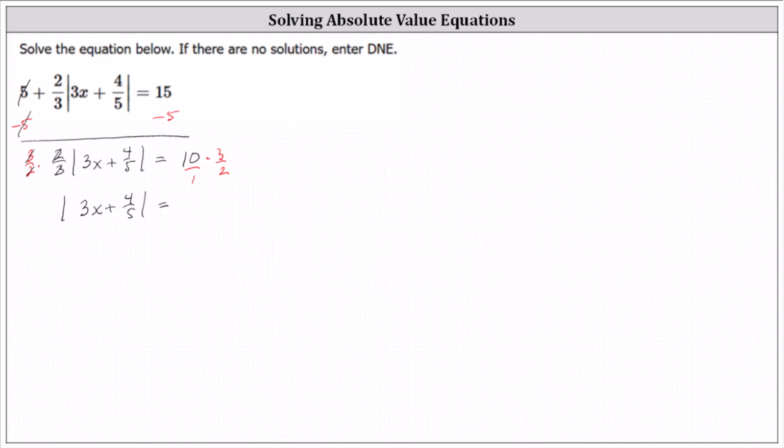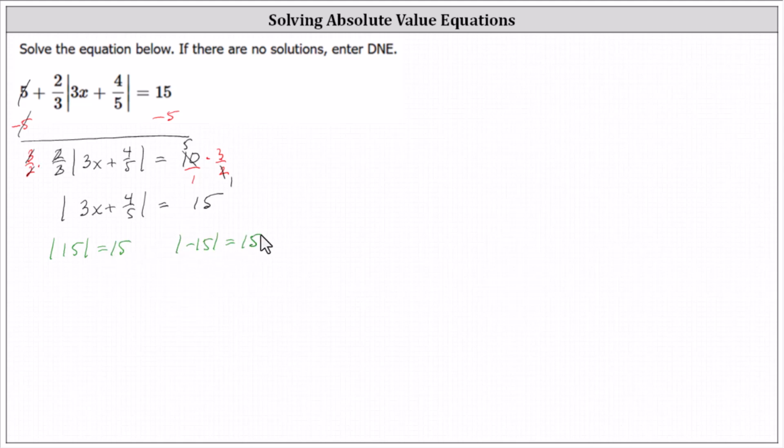equals on the right. Let's simplify before multiplying. There's 1, 2, and 2, and 5 2s and 10. We're left with 5 times 3, which is 15. And now from here, because the absolute value of positive 15 equals 15, and the absolute value of negative 15